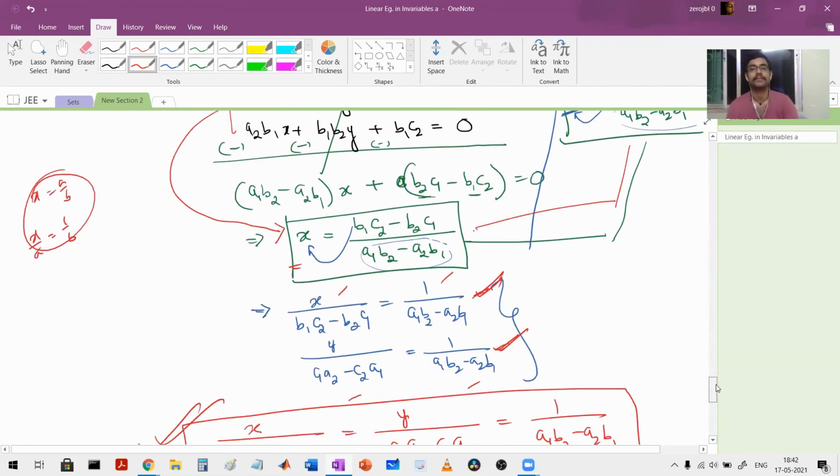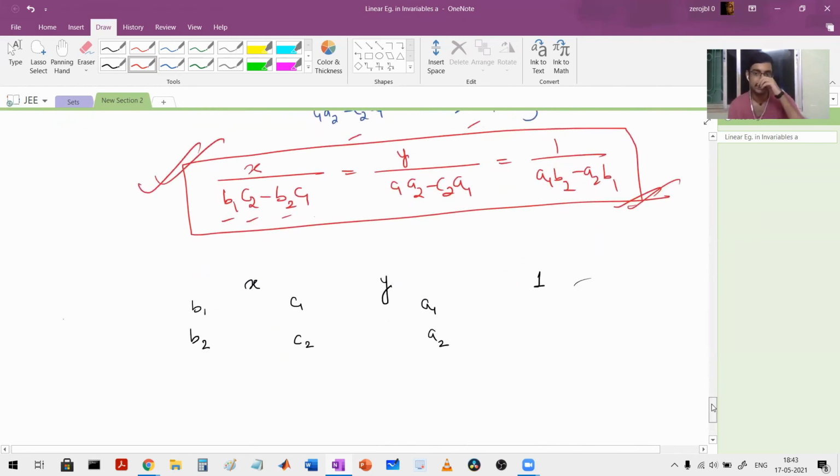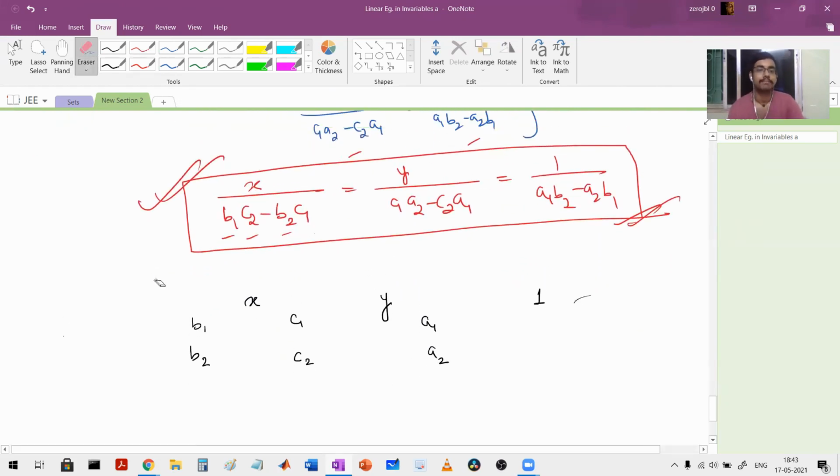That's the standard method. Now I just wanted to create an equation where I get all the values of x and y under one banner. Is this clear now? To solve problems with this equation, b1, c2, b2, c1 are all the coefficients of the two equations. I shall tell you, you will be able to appreciate the solutions. Just wait a little bit. Try to memorize this. Before telling you to memorize this, let me give one problem so that you can appreciate this.